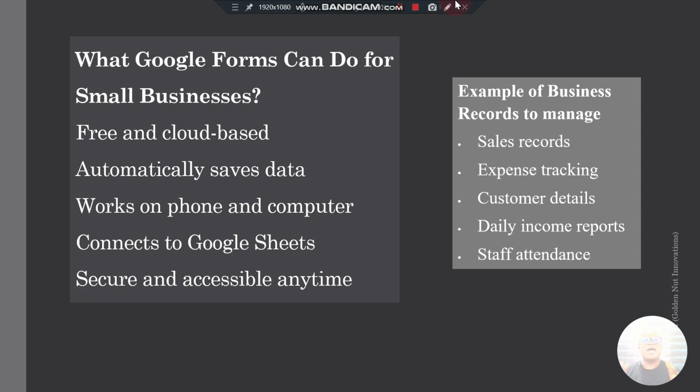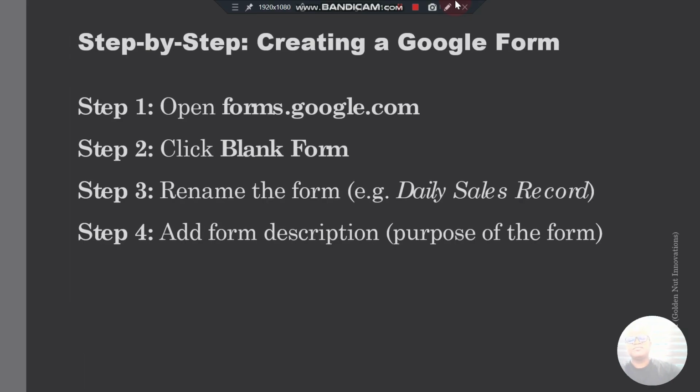So at the end of this tutorial, you can decide how and where to use that concept in your business activity. We'll be looking at step-by-step creation of a Google form, how to get access to Google Form, and how to create it in a practical way. Now let's deep dive